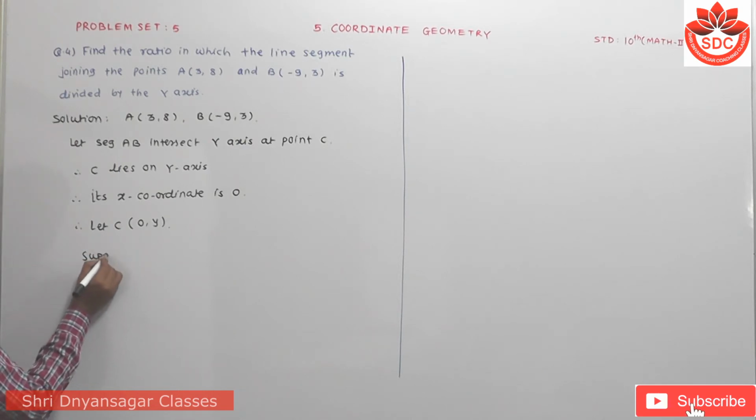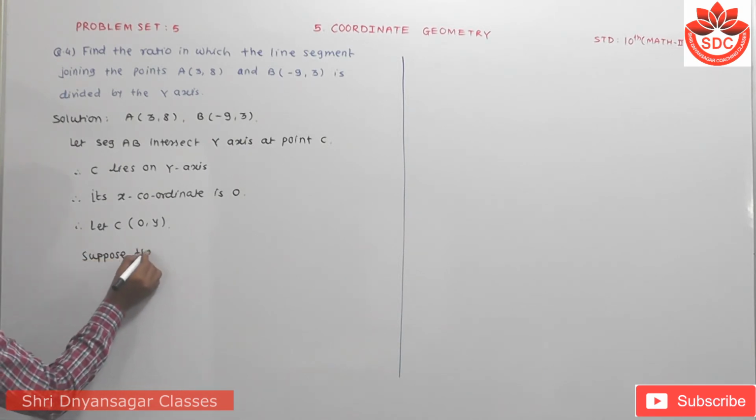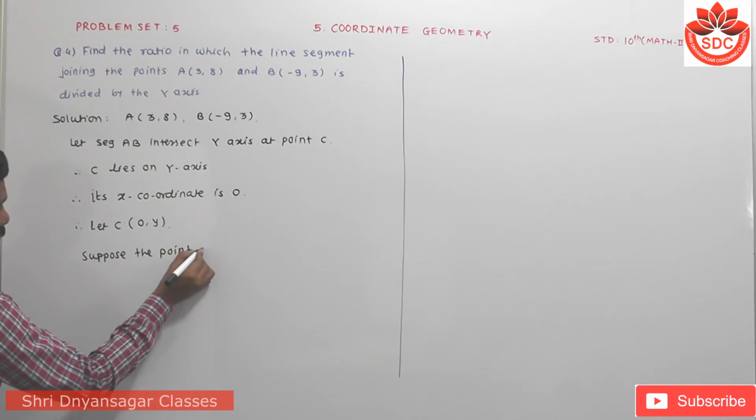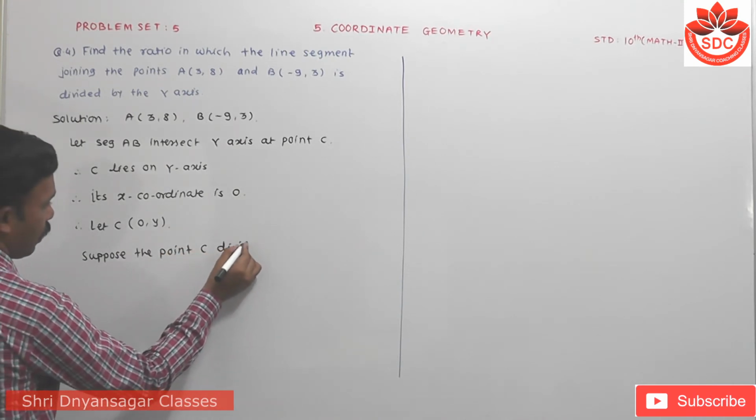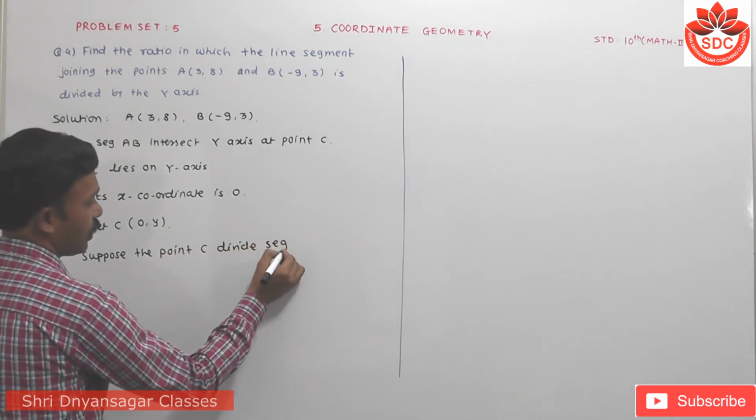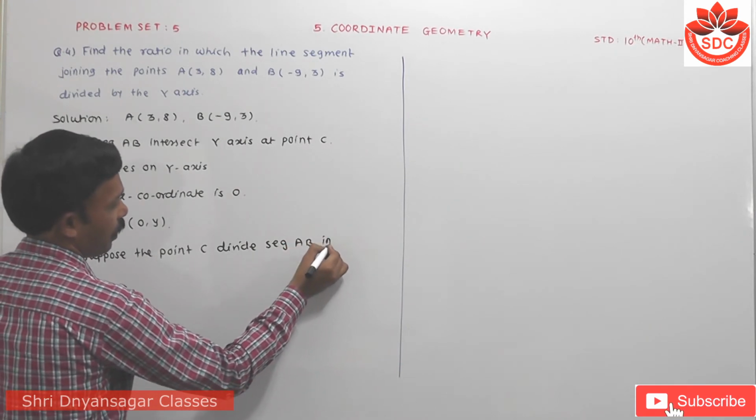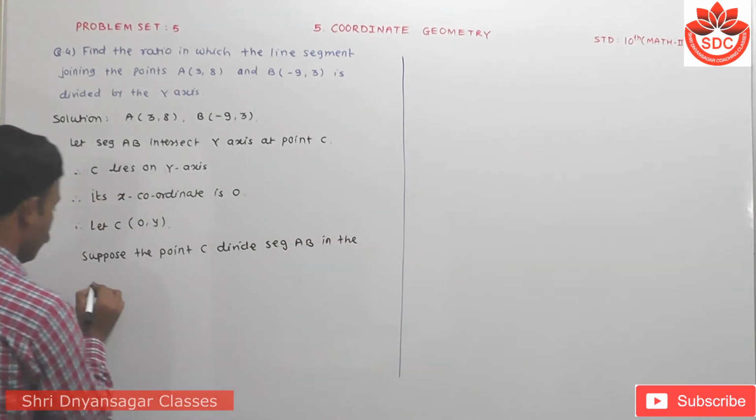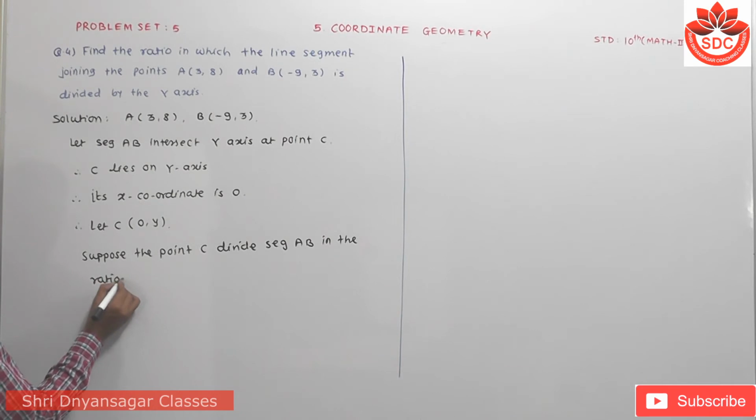Suppose the point C divides segment AB in the ratio m as to n. We have to find out this